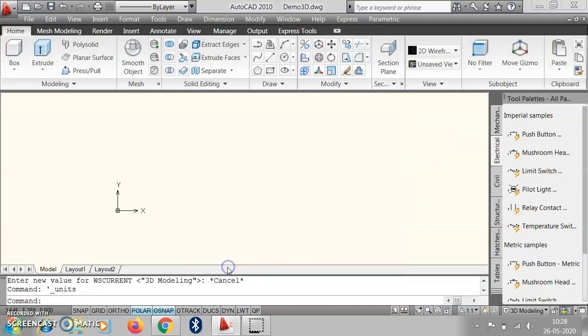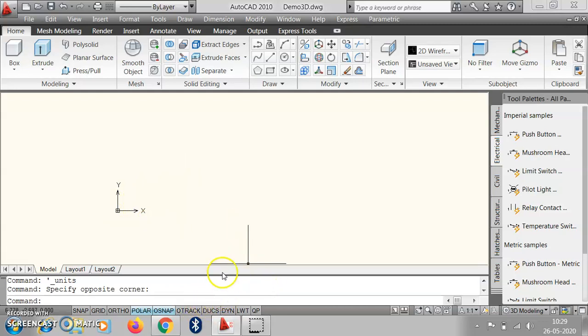Then second, we have to turn on the dynamic UCS here, because we always work in 3 dimensions. We know that whenever we work in 3 dimensions, as indicated here, we always see the X dimension, Y dimension and Z dimension. And whenever we work with 3D, we always have this X direction, Y direction, and the third dimension. I will show it later.